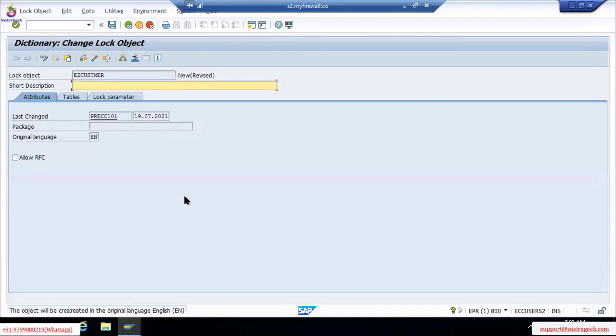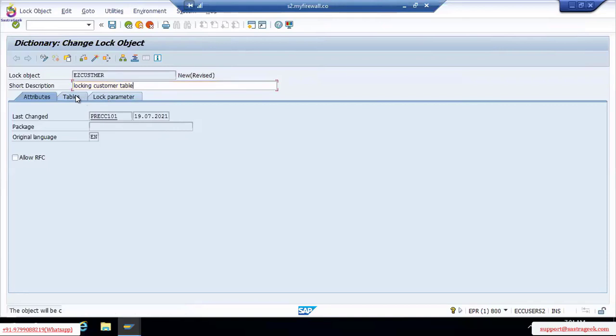See here, locking customer table. Then click on the tables tab. Here you can see three tabs: attributes tab, lock tables tab, and lock parameters tab.